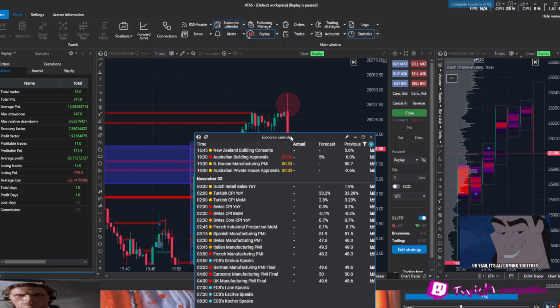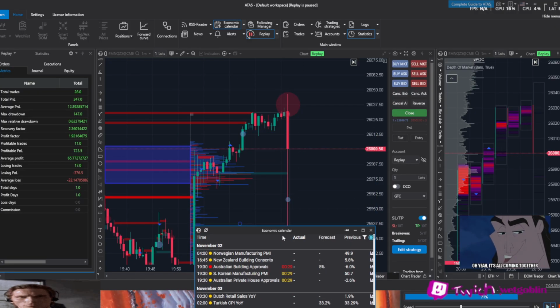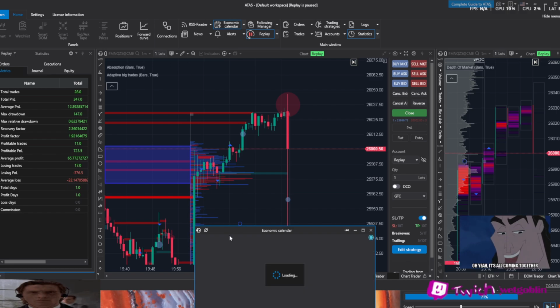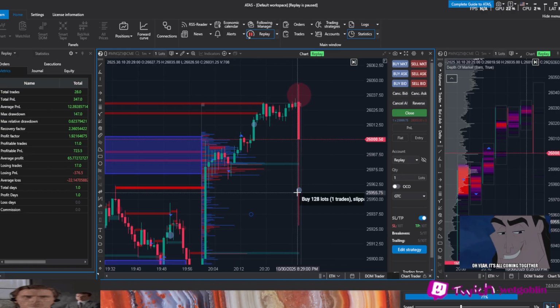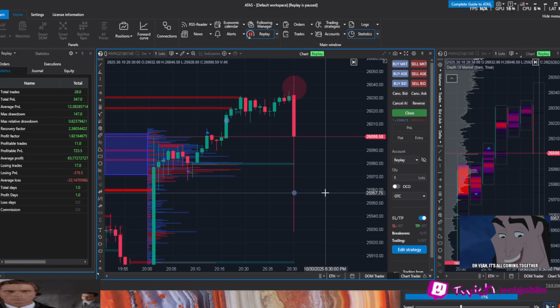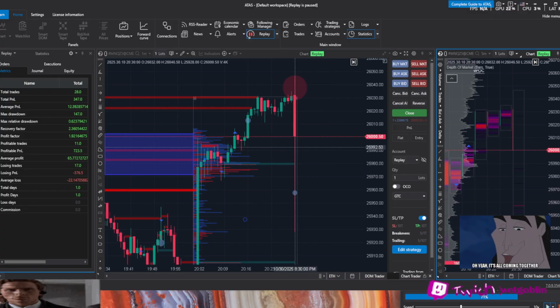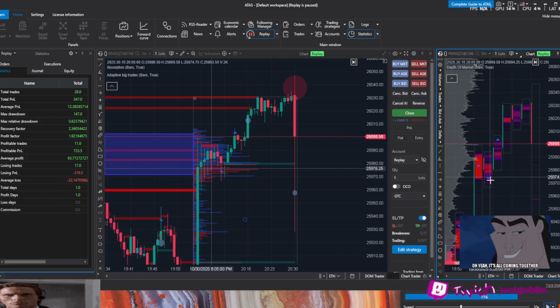There will be refining. Of course there will be. But okay, I don't think it really matters. A little bit of buy down there. So yeah, that was the move. That was the short I was trying to